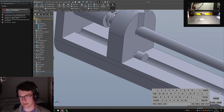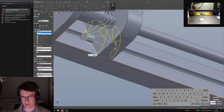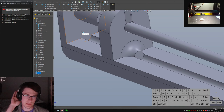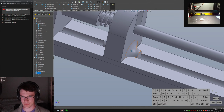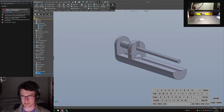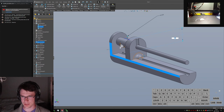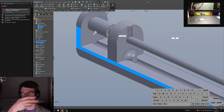I could do something like add fillets. That's probably much too large. 5 millimeters would be more reasonable. But then I have a nice little piece that'll fit in this track, and it's got a little more stiffness. It's not going to weeble wobble as much. If I had this much distance, what is this? This total length here is 20 mils. Then it becomes a little bit trickier to make sure that this isn't going to weeble wobble back and forth and tombstone